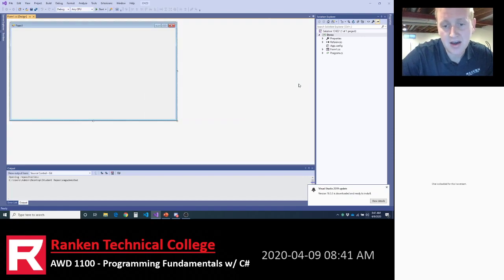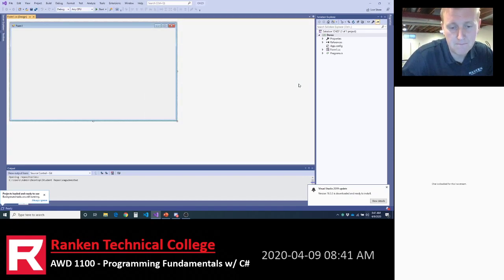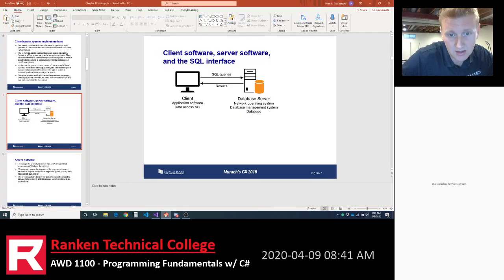You have to have Microsoft SQL Server installed on your laptop. So part of the confusion when you look at what we're doing here is we see different computers. We see a client computer and we see a database computer.